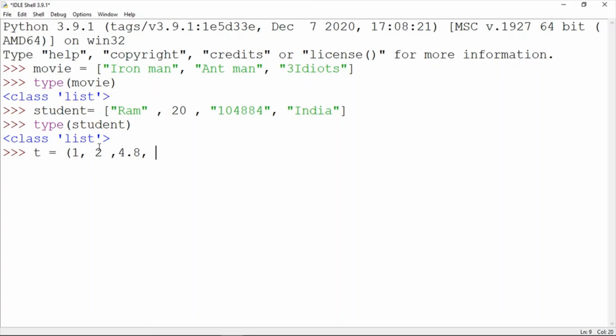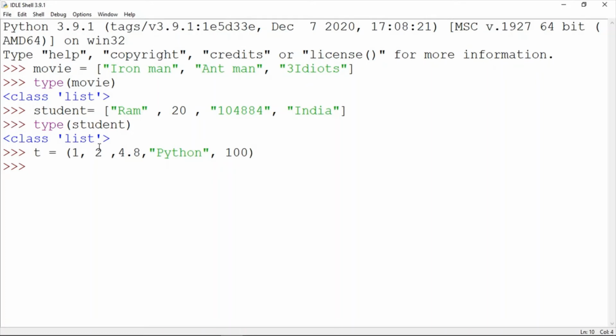Then we have another data, that is any name like in Python. Then we have another data, maybe 100.